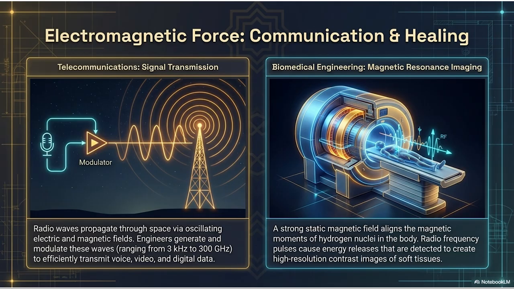Because the hydrogen atoms are under that immense magnetic tension, they absorb the energy of that radio pulse. They get excited. They vibrate out of alignment. They play their loud note. Exactly. But the pulse only lasts a fraction of a second. When the radio pulse turns off, the hydrogen atoms relax back into their aligned state. And as they relax, they release that stored energy. They basically echo the radio wave back out of your body. And the MRI machine isn't just a magnet, it's a giant, incredibly sensitive antenna listening for that echo. It listens to the atomic echo.